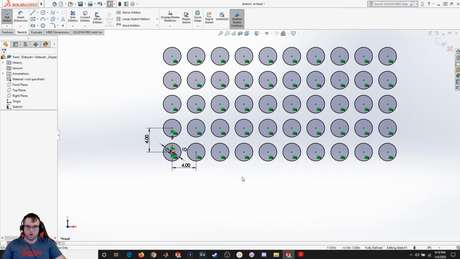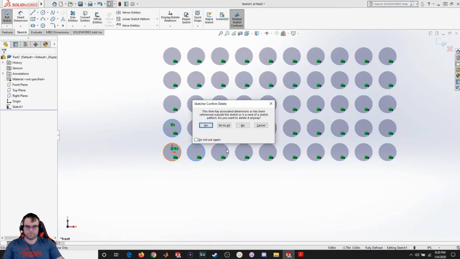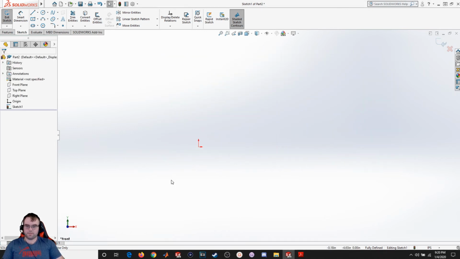Alright, so that's how we go about doing a linear pattern. You can also do this as a circular pattern as well. Let's take a look at that. So I'm just going to delete this. Yes to all. And I'm going to create